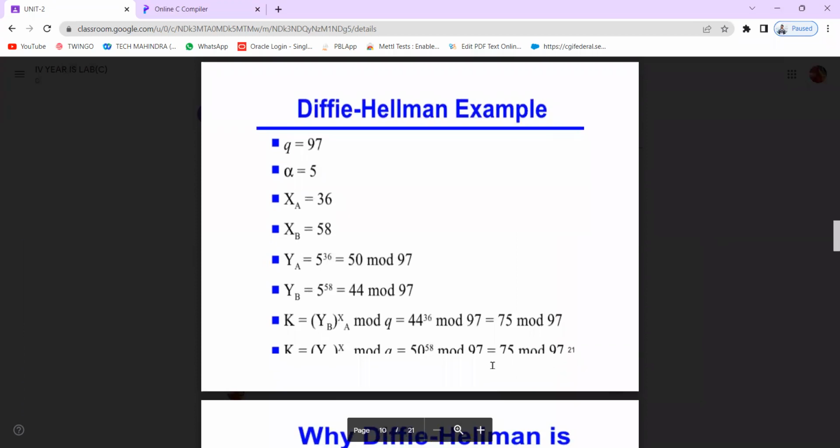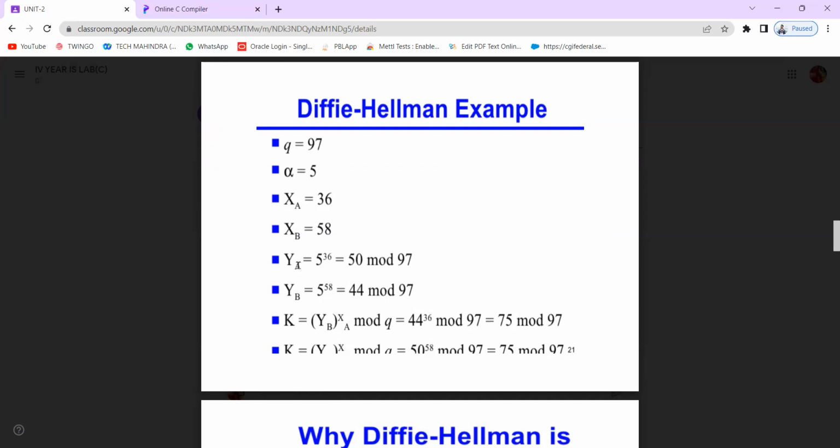Here comes the Diffie-Hellman example. Here we'll take any prime number. We will be taking Q equal to 97 and alpha equal to 5. So 5 is less than 97, so the condition is passed, and 5 is also a primitive root of Q. Next, we'll generate a random private key of A, that is 36, and a random private key of B,